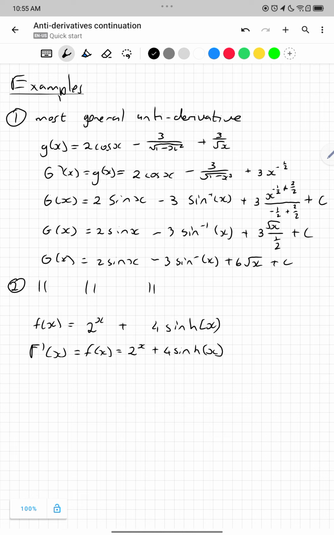Right, and then what we will be getting here is the following. So we remember when we were anti-deriving b to the x, the antiderivative of that was b to the x over ln b, right? So this is the same case with 2 to the x, so it's gonna be 2 to the x all over ln 2,